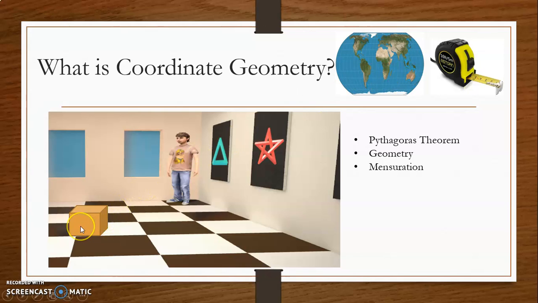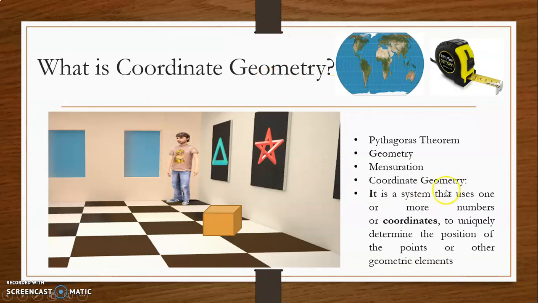Suppose we have to find out the distance of the box from this boy. You can easily say that it is two squares away from the boy. Even if this box changes position, it comes here, then here, and then finally it reaches over here. Again, at any point while it was moving, we can say how many squares away the box was. Correct. So in that way we can find out the distance between two objects using coordinate geometry.